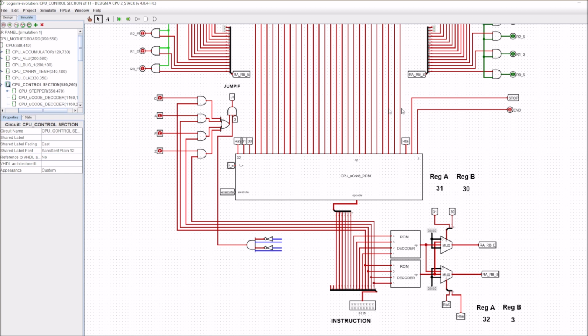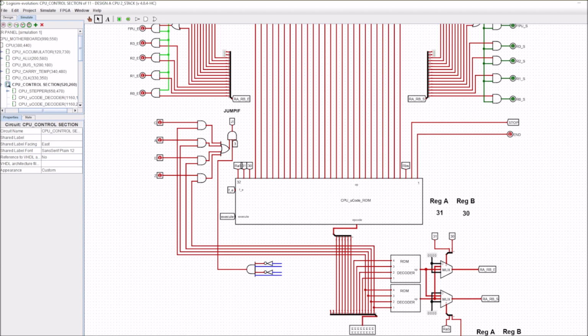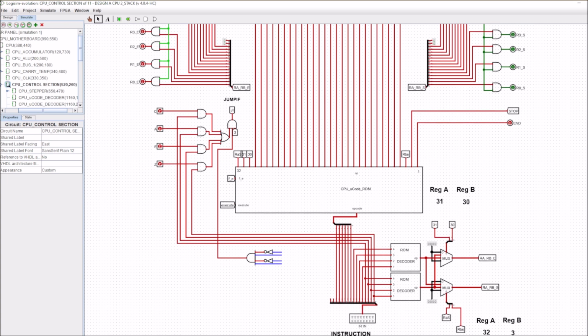But these values up here from the microcoded control unit are not static. They're dynamic. They change with each clock pulse. So it means that we've got one option here of a set and an enable, and we can choose to use that option for our set and our enable at one point throughout the microcoded instruction. Now, the reason for doing this, and it might not be obvious from looking at this, is that it makes the opcode